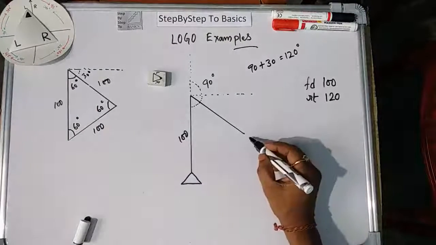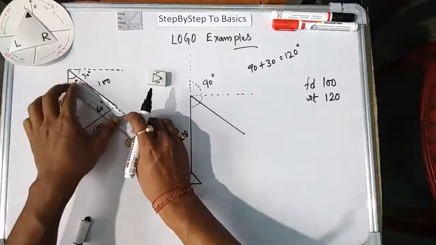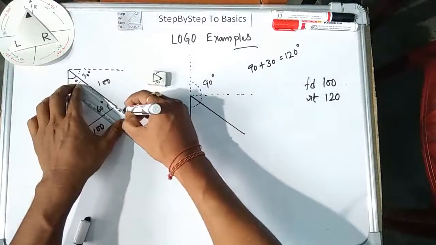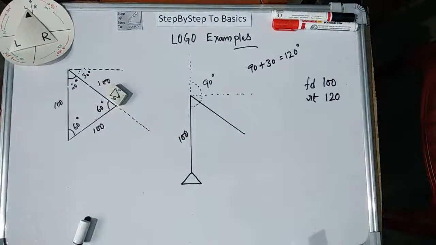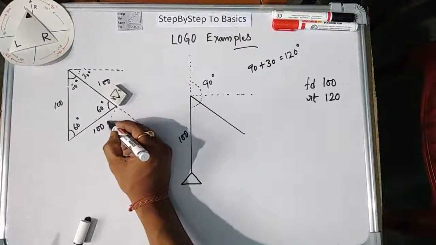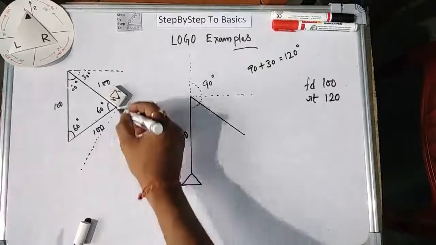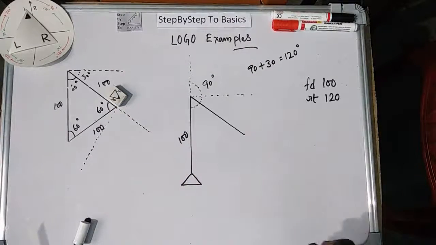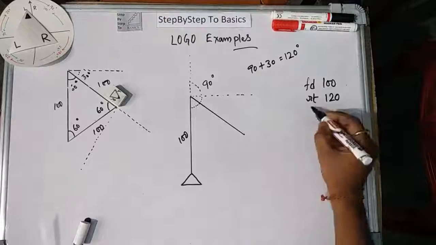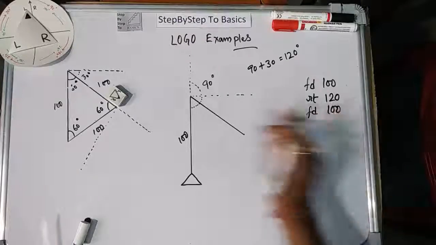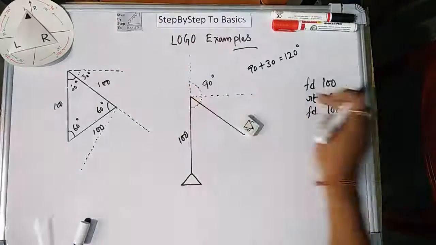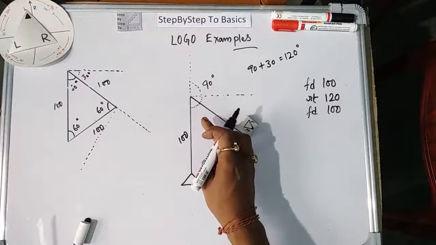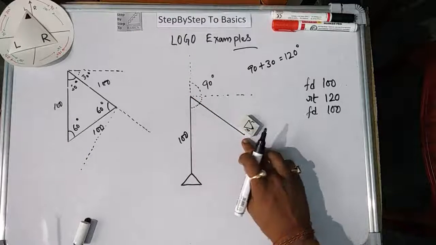Here also you will find that if I continue this line, so if I place my turtle like this, you can see 90 degree will be somewhere here. So I have to turn it more than 90 degree, same. So first I need to move it. So FD 100. FD 100 will bring the turtle here. So FD 100, RT 120, turned but not moved. Then FD 100, now it is here.